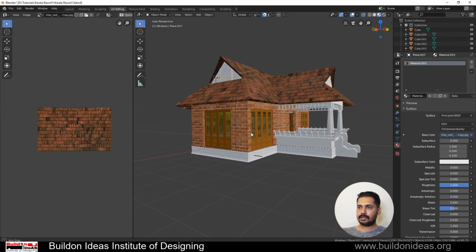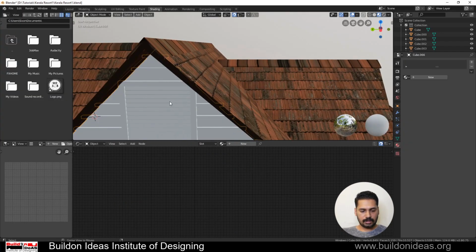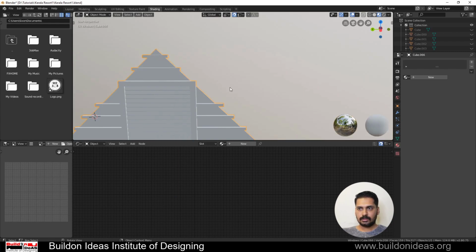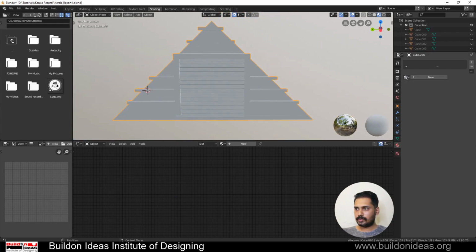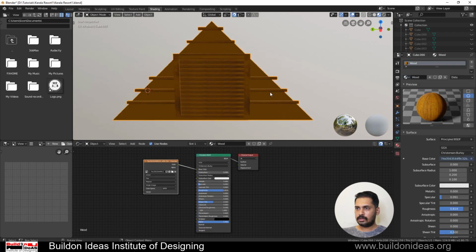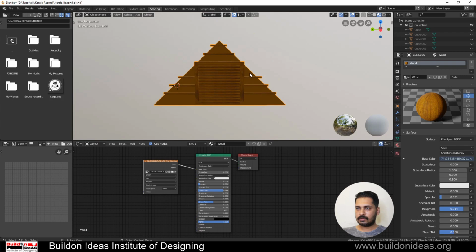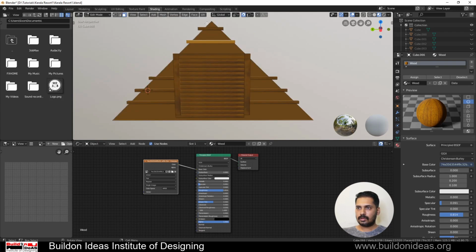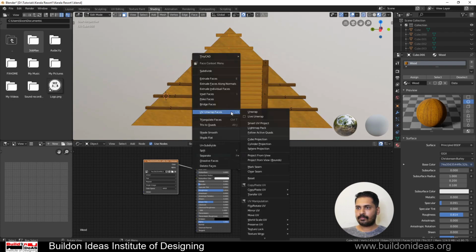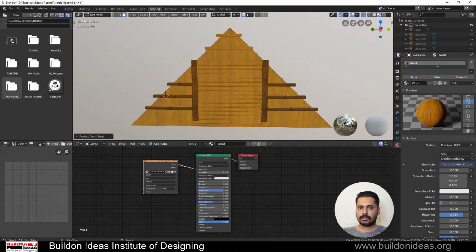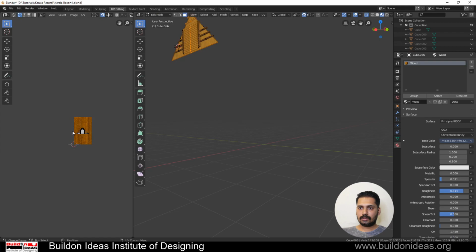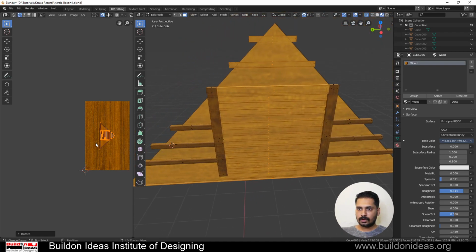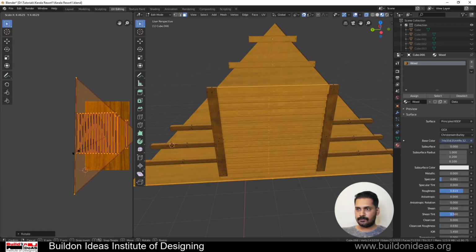Now I'll give the rest of the materials. Go to this, I'm just hiding everything else. Just this, and then I'm giving that wood material. So wood, and then just go into this, and then select all what is horizontal. Project from view, and then coming to UV, and then selecting the whole thing and then rotating it by 90 degree. You can see how it is, and then scale it to have a good detailing,